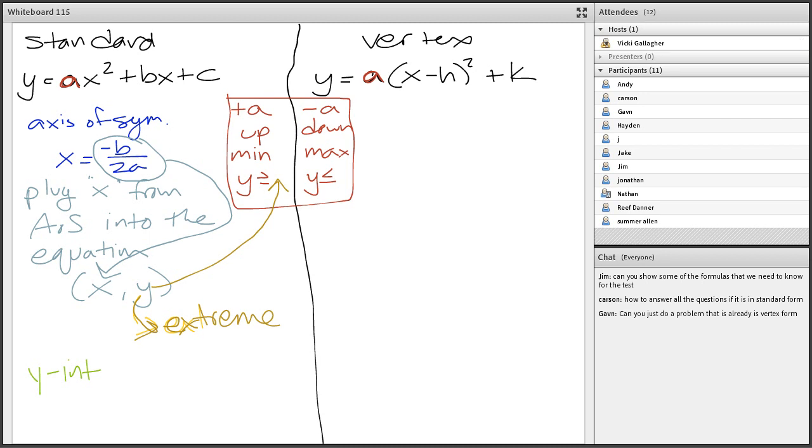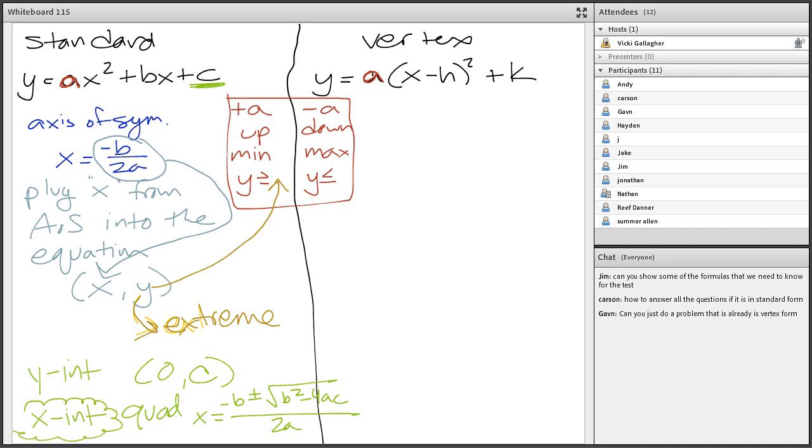It's always just going to be the c from the equation. And to find your x-intercepts, you can look at the graph, or sometimes you'll need to use the quadratic formula. The quadratic formula, if you don't remember from last chapter, is x equals negative b plus or minus the square root of b squared minus 4ac all over 2a. So that would be to find the x-intercepts when they're not nice, pretty numbers,